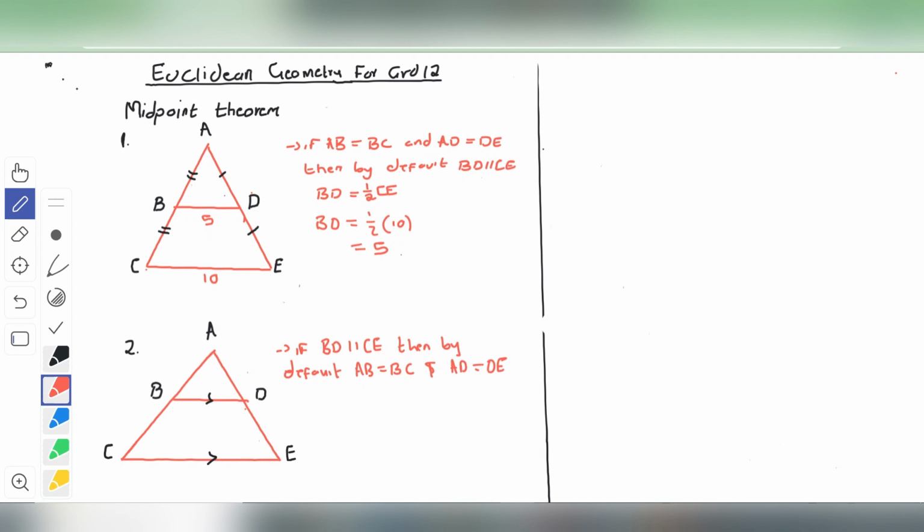This is the converse of what? Of the midpoint theorem. So the reason of this, whereby you're going to say AB is equal to BC, is